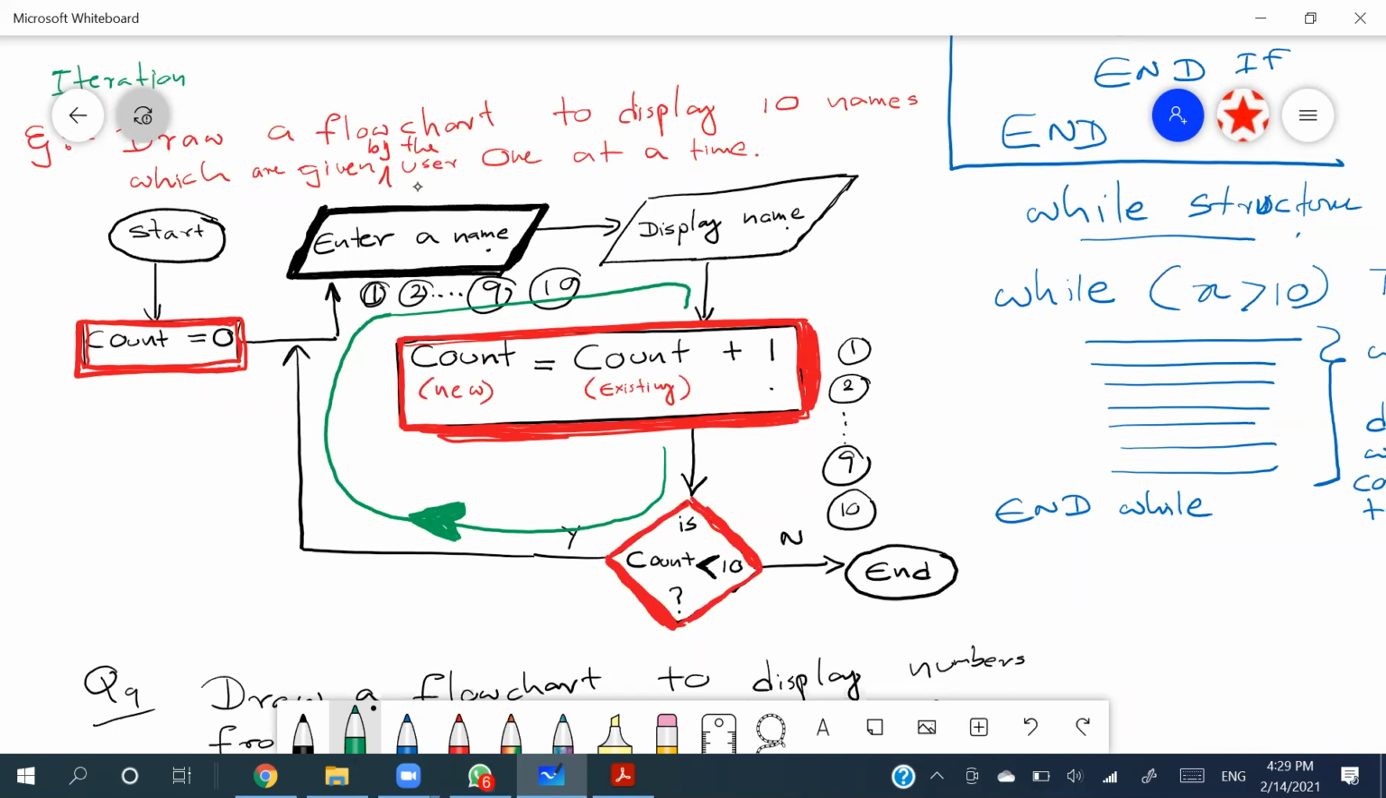If your iteration happens on the yes path, when you're matching your while condition into the pseudocode, you can use the very same condition, right? But if you are iterating on the no path,